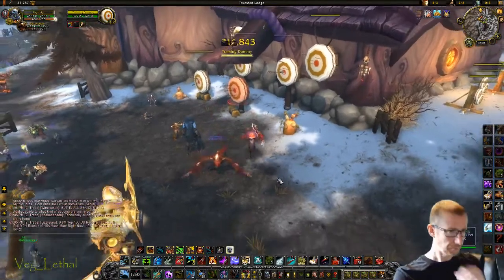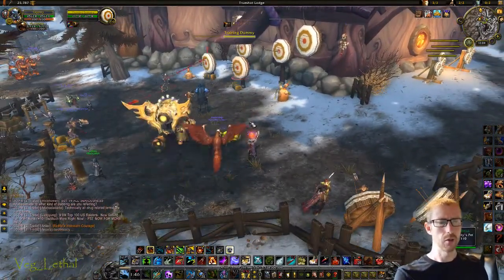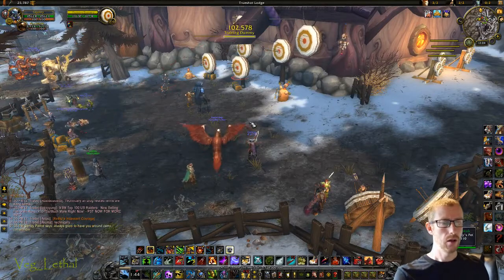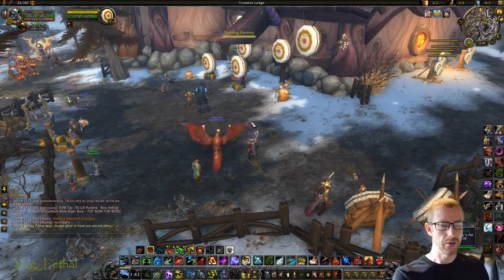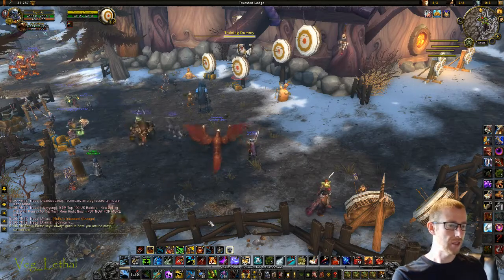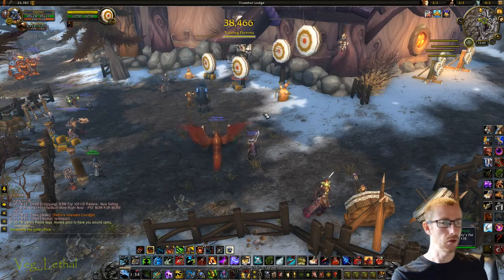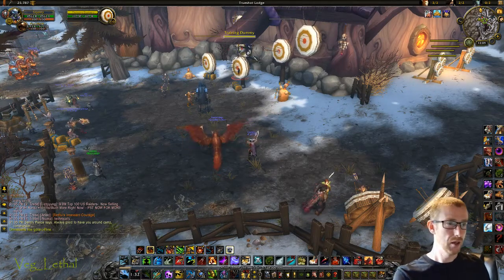But depending on the situation, if somebody's low, then I may want to try to burst them down and not worry so much about the dots, but rather use my Aspect of the Eagle, Flanking Strike, and then just go to town with Mongoose Bites just to finish them off. But if it's a full